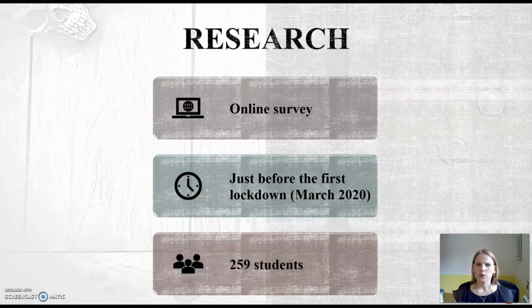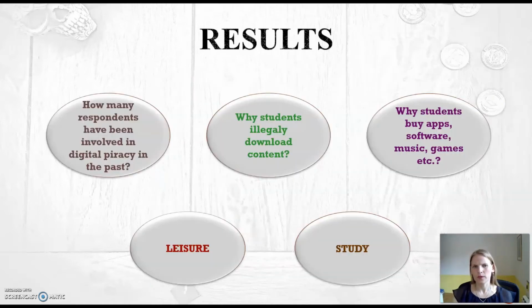For this purpose, we conducted an online survey which was carried out just before the first lockdown in March 2020. The online questionnaire was distributed to students via social media and resulted in a convenient sample of 259 respondents. Most of our participants were social science and humanities students. The results show that almost all respondents have been involved in piracy at least once in the past, while only